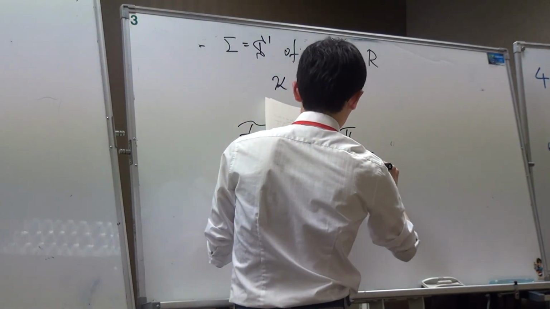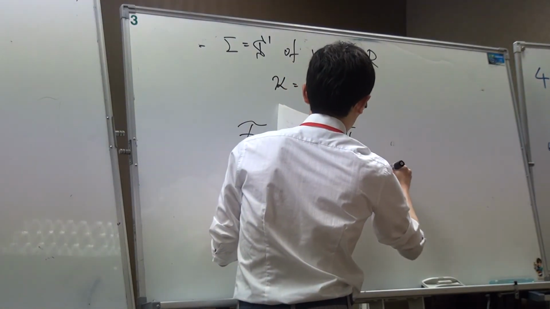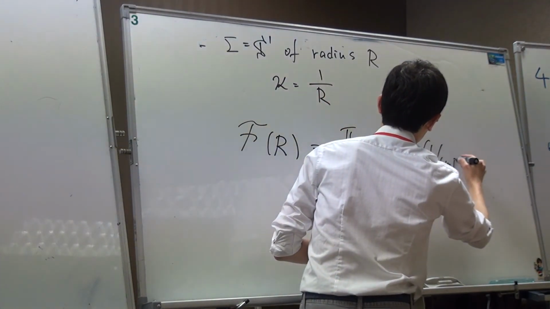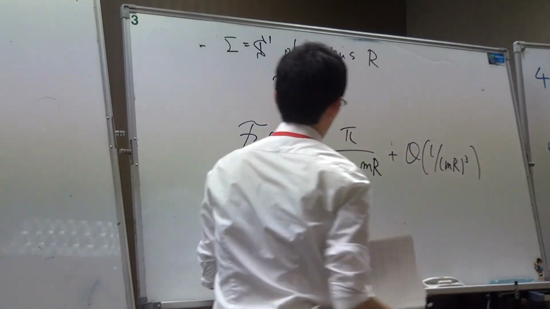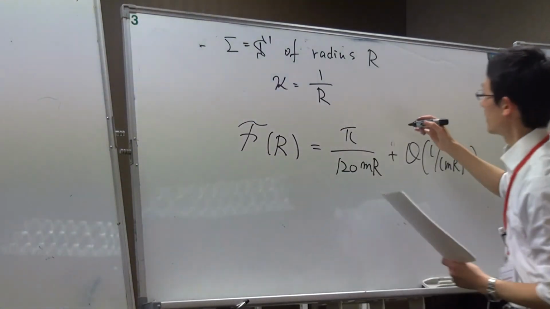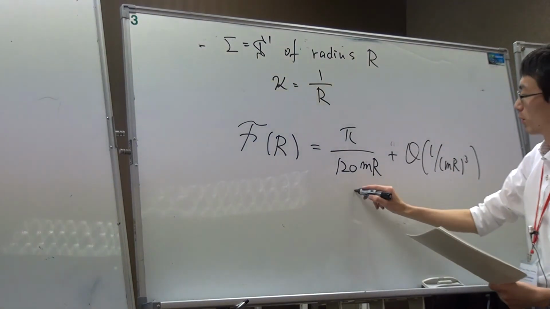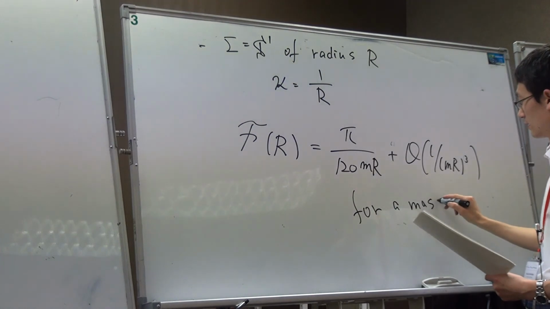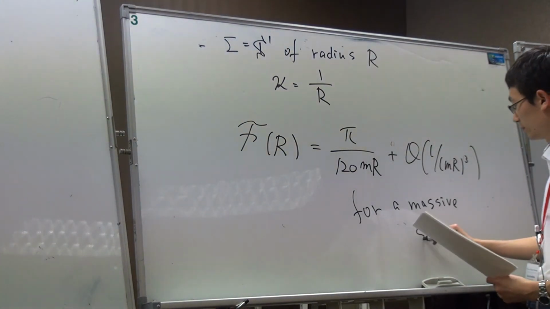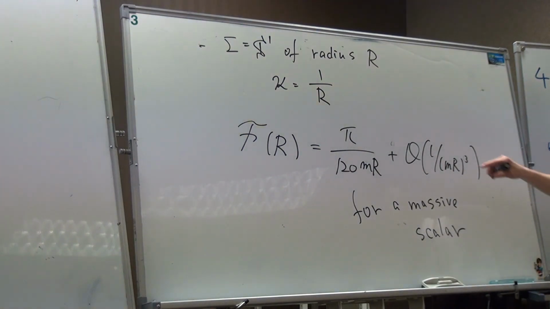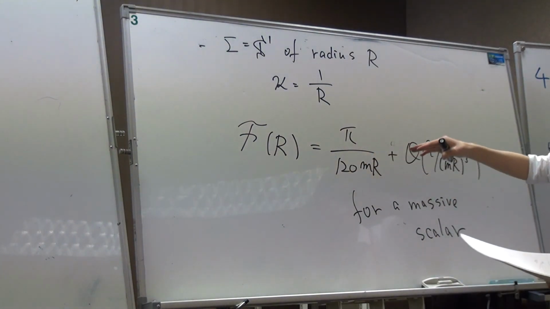pi over mR. So this is the leading part, then mR cubed. Okay, so this is the renormalized entanglement entropy for a scalar, for a massive scalar field. So you see that it is always positive and also monotonically decreasing